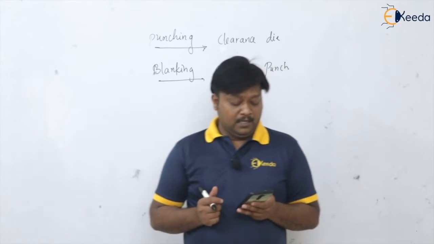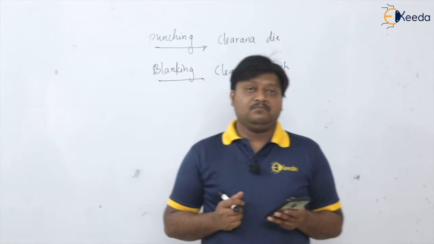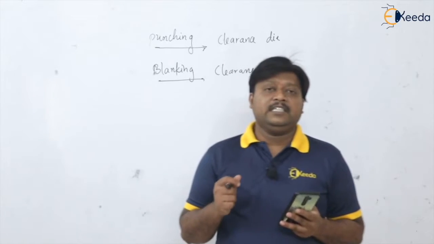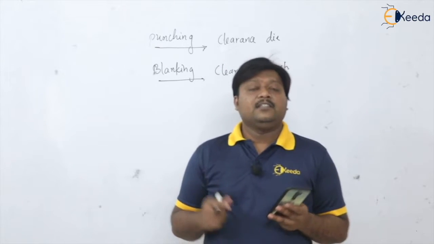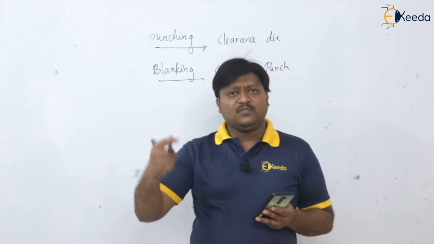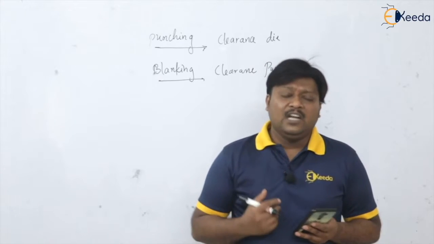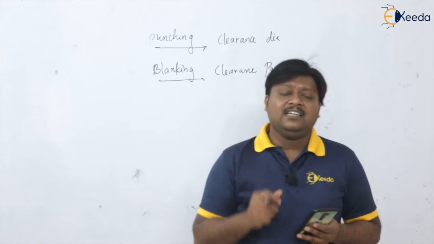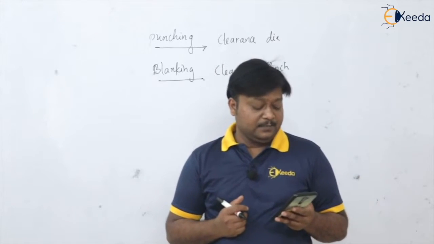Next question, wrinkling is a common defect found in. So I hope there is no need of options. We know that this is a very common defect we can get in the deep drawing operation. This is because lifting of the sheet produces foldings on the flange portion. Sometimes they extend up to the wall thickness. So we have these two types, flange wrinkle and wall wrinkle. So deep drawing operation is the correct answer.